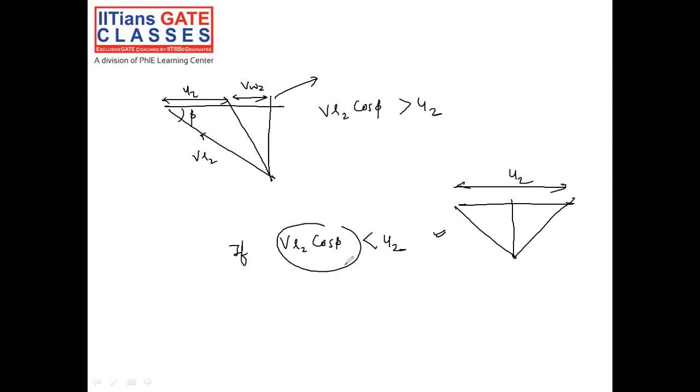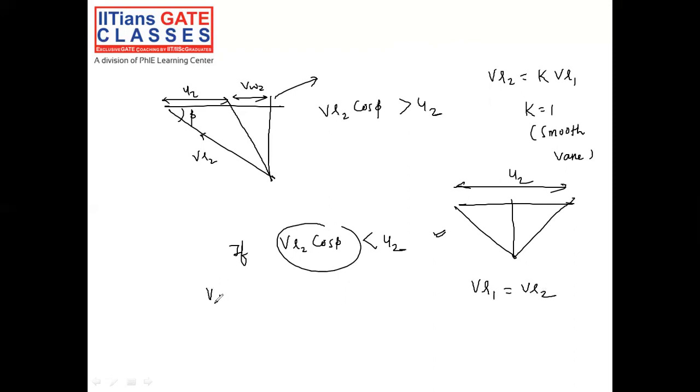Now, how to calculate VR2? Of course, we know that VR2 is equal to K times VR1. K is equal to 1 for a smooth vane. Now, how do you come to know whether K equals 1 or something else? Of course, it cannot be greater than 1. It will be less than 1 only because of friction. But here they have mentioned to neglect the losses. Friction losses will be neglected. In that case, we can assume that VR1 equals VR2.